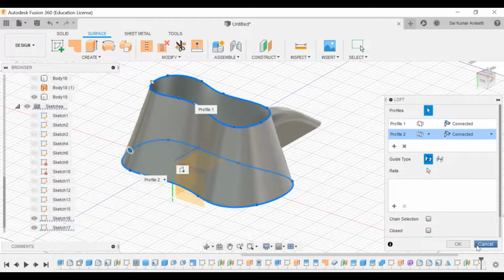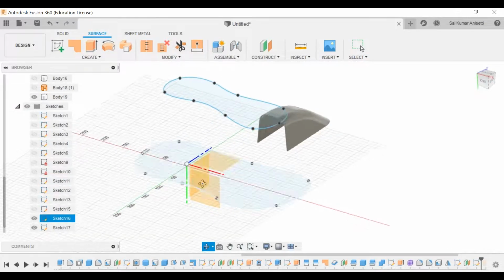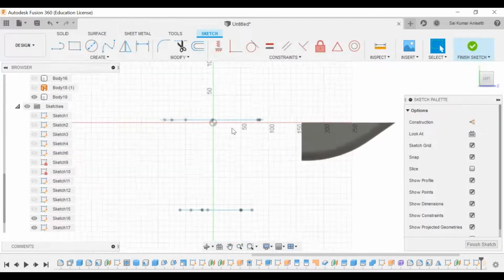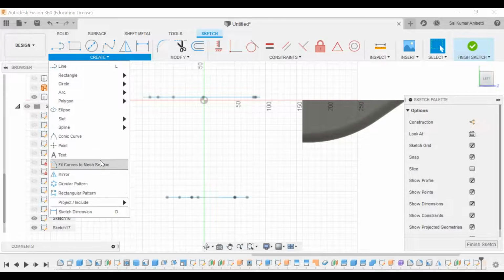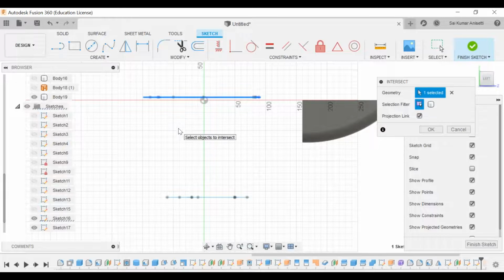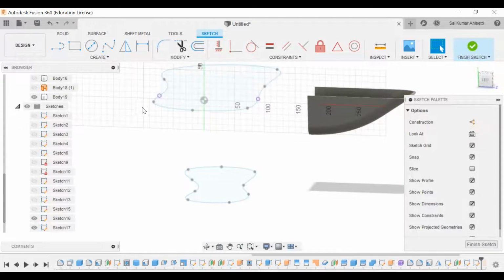Now to make it even more complicated, I'll take surface modeling, and I'll take a sketch onto the side plane. Okay, onto the side plane. Now I'll take another spline. I don't know the points, so I'll make use of the intersect command. Intersect, and I'll use this as intersect. Click that. Now you are getting these 2 points. What those points mean is, wherever this plane is intersecting with this sketch, you will get those 2 points.